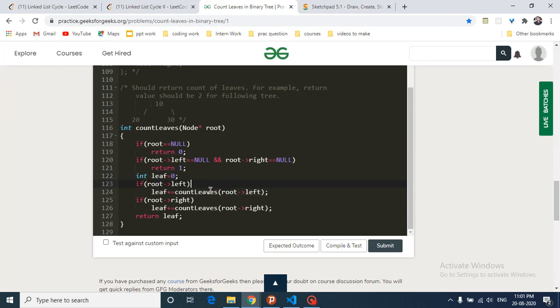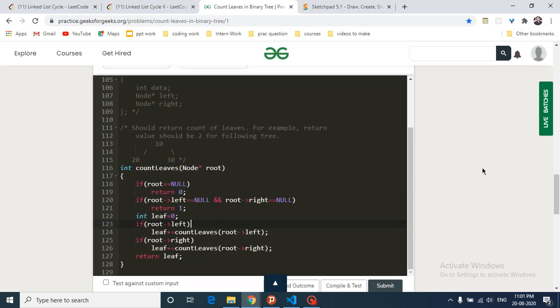If it exists, add the number of leaves of the left child by calling this same function with root left. You do the same for the right child. Calling this function recursively, you only add the children which are present and have some leaves. Then you store the total number of leaves of both children in this leaf variable, and you return it.